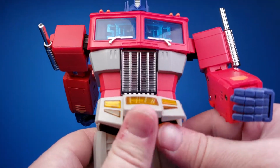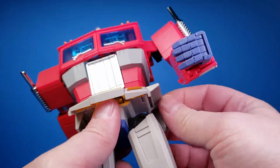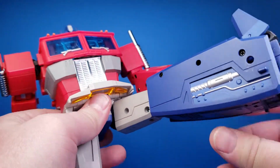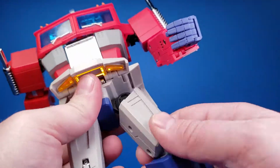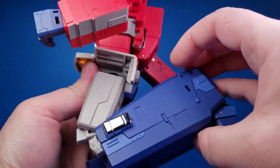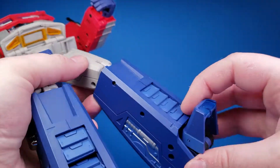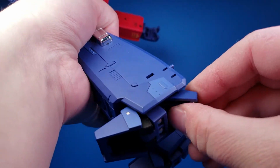You can lift these. They're split in 3 ways. God, this light is just not working with me in this color. You can go out. Nice tight hinge. Same with this, or ratchet, I should say. You can go up almost 90. Has to go out a little bit. And then you get a 360 swivel at the thigh swivel. You get a knee that goes to about there, and then a secondary hinge for there, so you can get like cool poses. And then for his feet, he has ankle tilts, and he has double jointed hinges on his